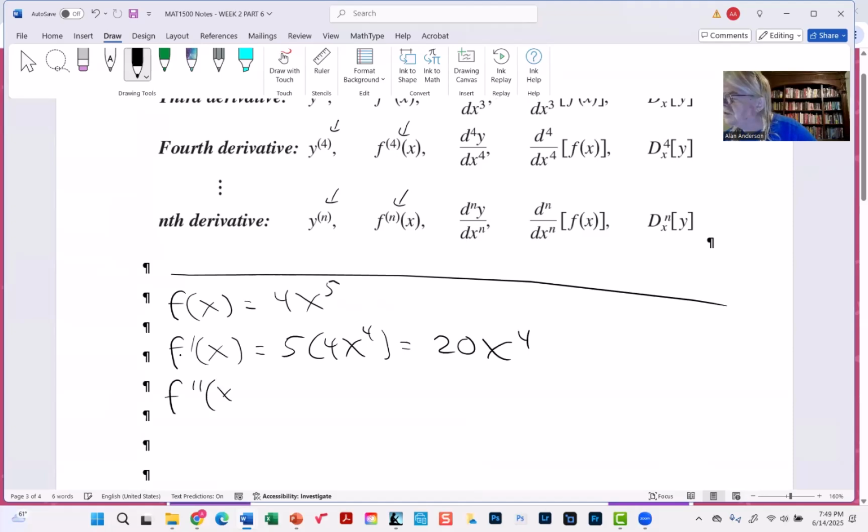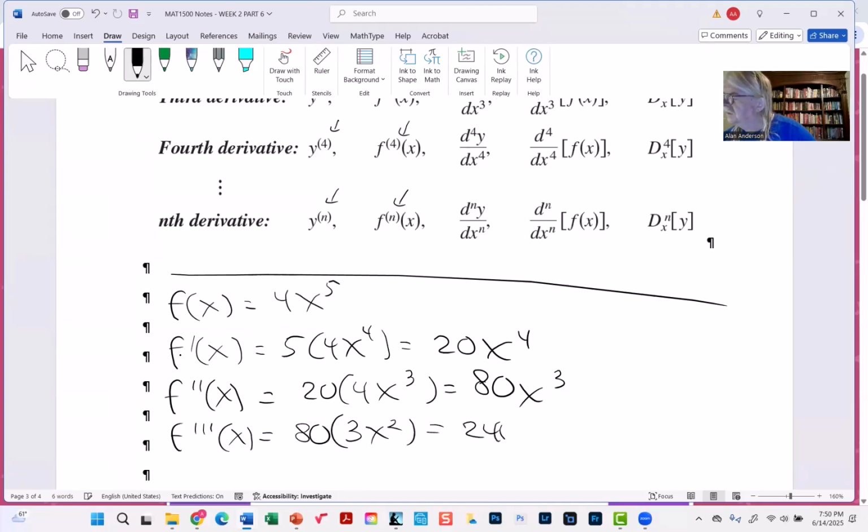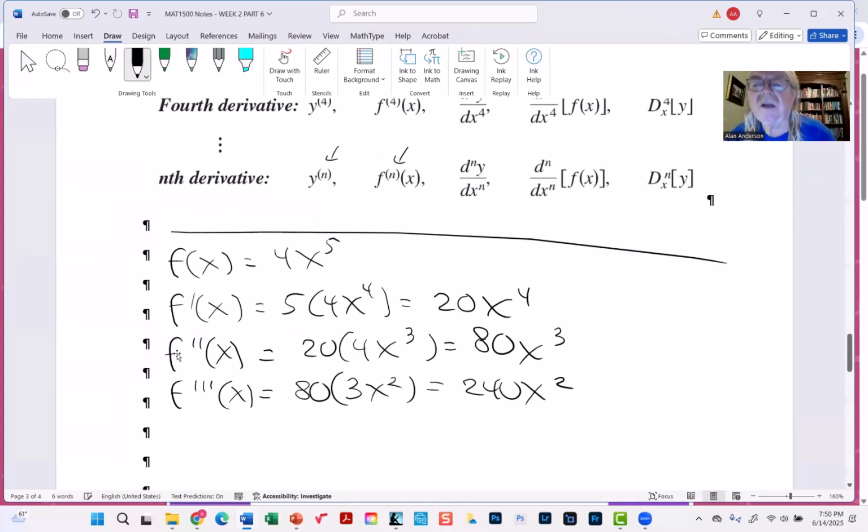F double prime of x will be... the third derivative... so it just keeps going on and on. Now, eventually you'll reach a point where it becomes zero. Because at some point this will be reduced to a constant, at least if you started out with a polynomial. For some of the others, like the trig functions, it doesn't work that way. They'll rotate back and forth between different values, but for polynomials,